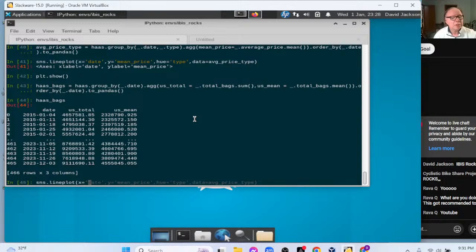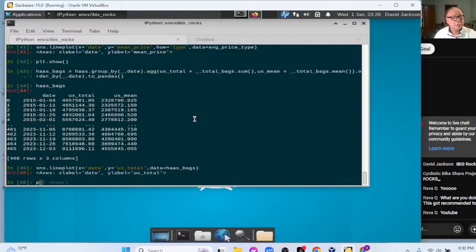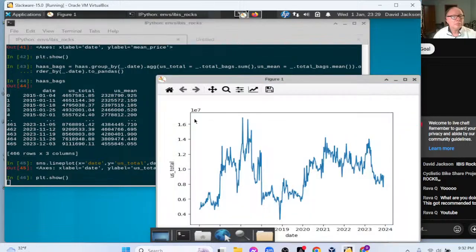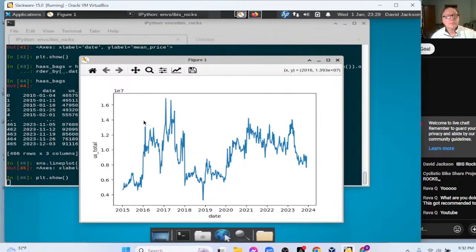So let's start with a new plot here. Y equals, that's total, equals, and this is the total bags by day, okay?